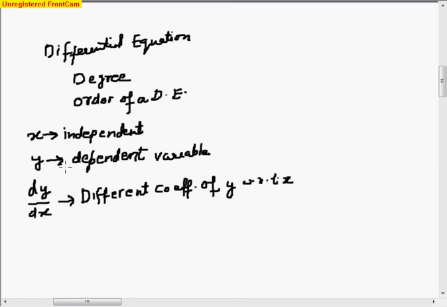And this differential coefficient is of order 1. Similarly, I can have a differential coefficient of the dependent variable y with respect to the independent variable of order 2, and so on. I can have of order 3, of order 5, or of order 6, and so on,